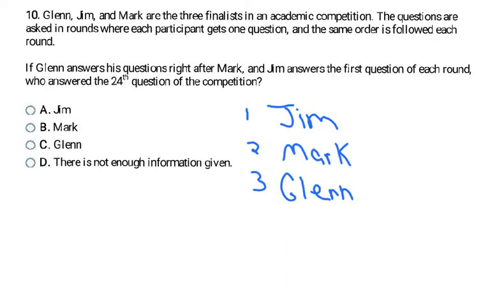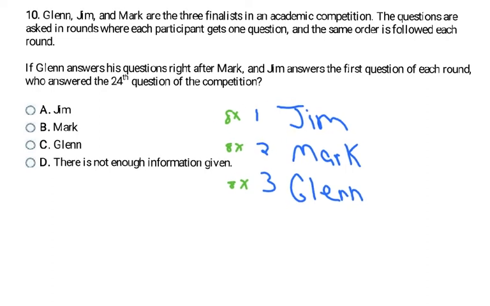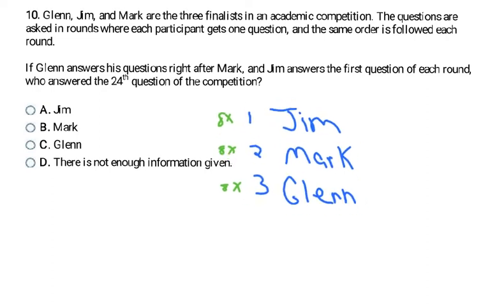So the 24th question of the competition, well, 24 would mean there's 3 of them, so 24 divided by 3 is 8. That means 8 times 3, Glenn is going to go for the 24th time. So my answer here is